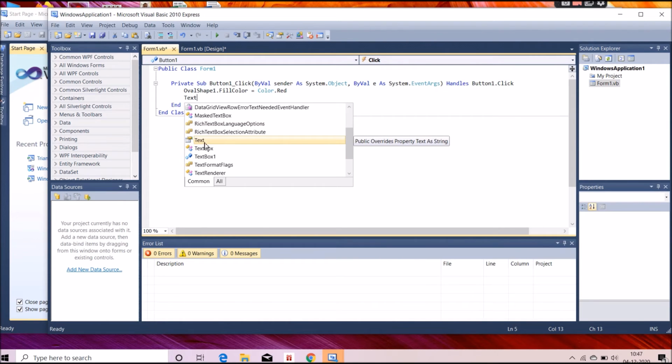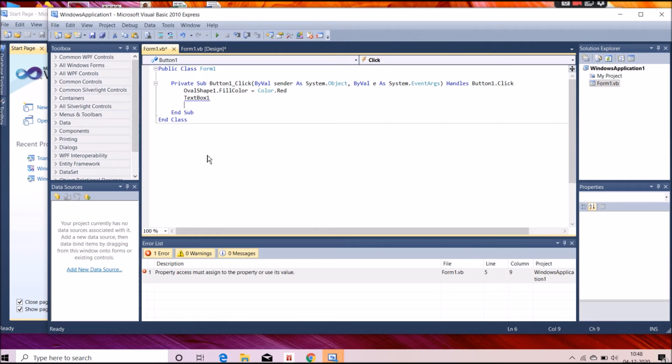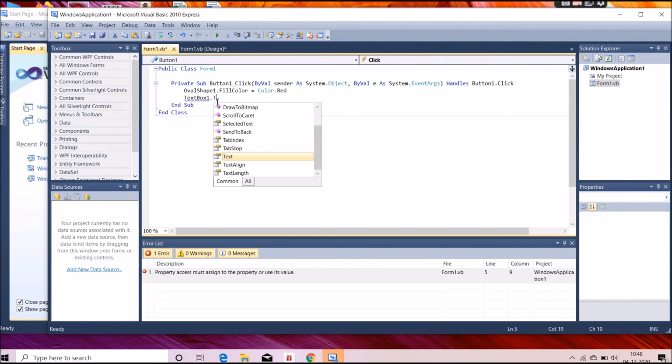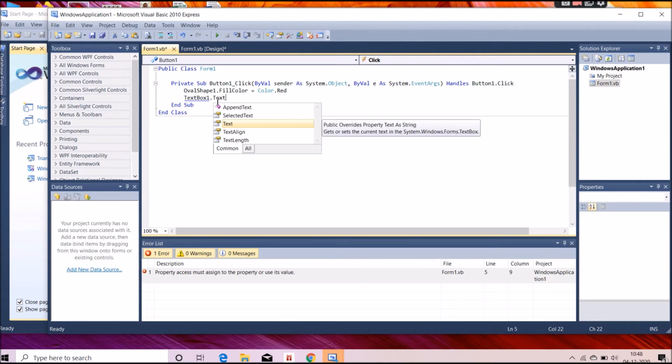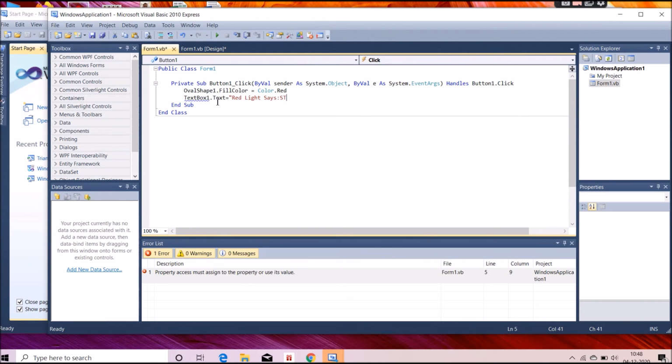TextBox1.Text equals "Red light says stop". The message will show automatically when you click.